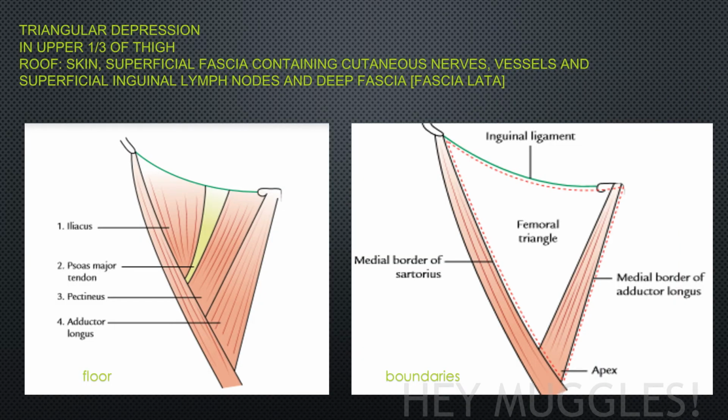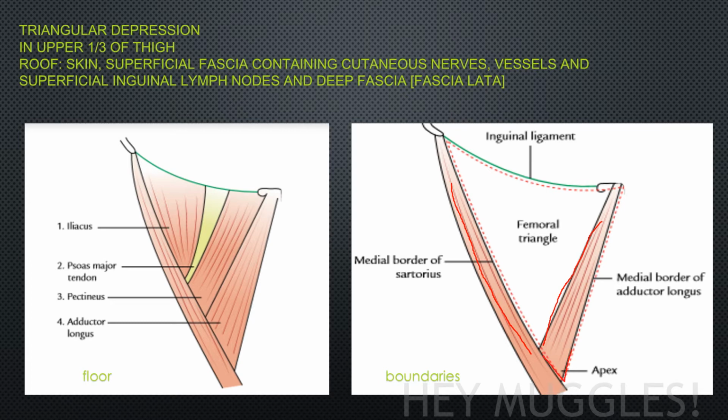Coming to the boundaries of the femoral triangle, the medial border of the femoral triangle is formed by medial border of your adductor longus muscle. So this is your medial border. It is formed by medial border of adductor longus muscle. The lateral border of the femoral triangle is formed by medial border of sartorius. The apex of the femoral triangle is formed where medial border of the sartorius crosses with the medial border of your adductor longus muscle. So this is your apex,